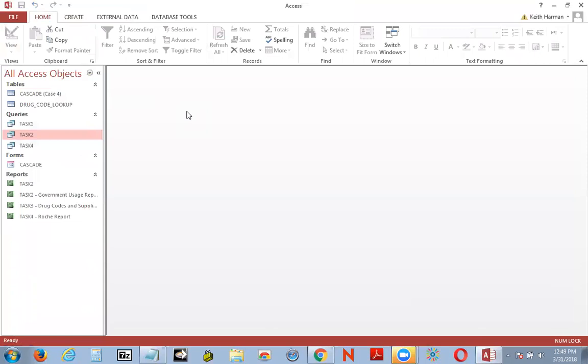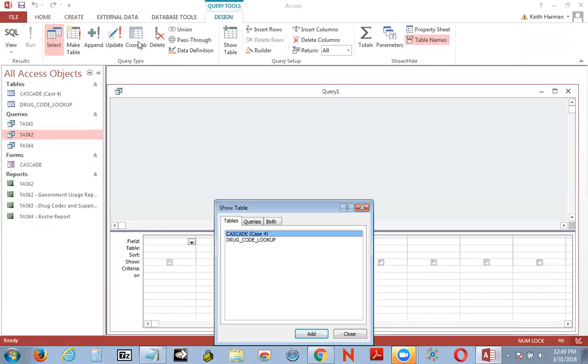Now, task 3, he wants to find which drug companies produce the drug he sells under each drug code. So, we're going to click create, and we'll need to run a query to do that. And so we'll click create. We're going to do query design, and well,